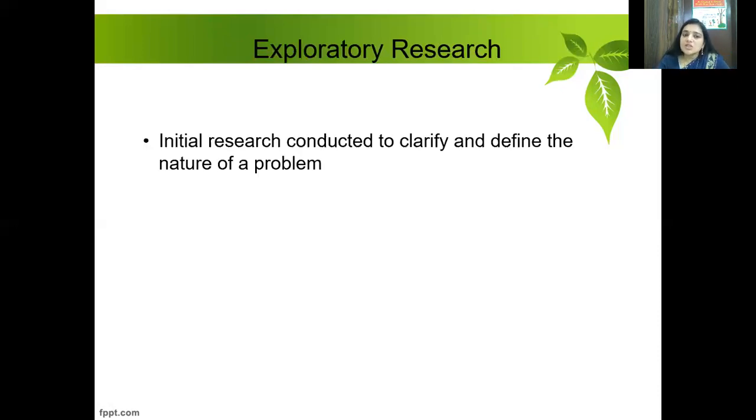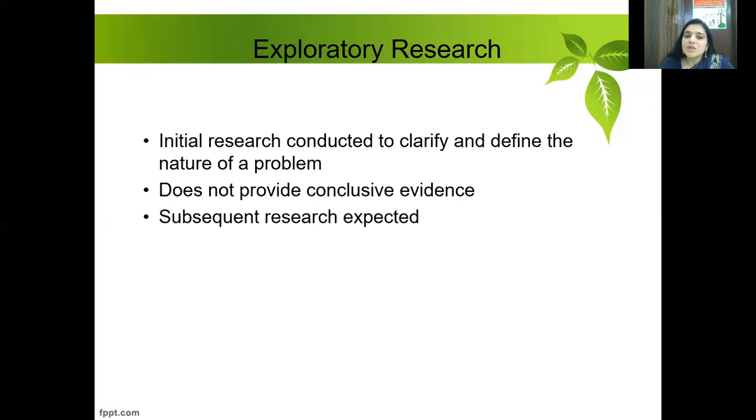Exploratory research basically is the initial research conducted to clarify and define the nature of a problem. It does not provide any conclusive evidence, and subsequent research is expected after that. We generally go for exploratory research so as to identify a few things, understand the problem in a better way, and then go with further research. For example,